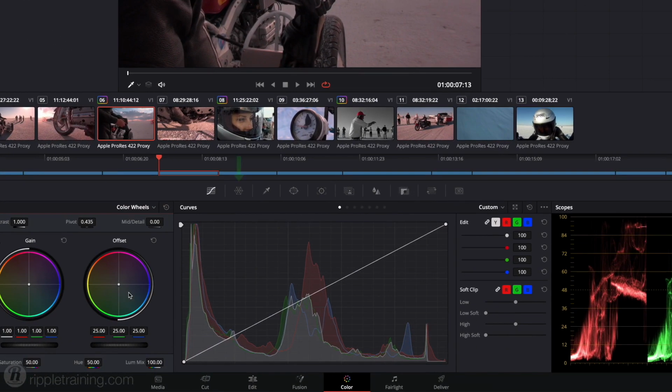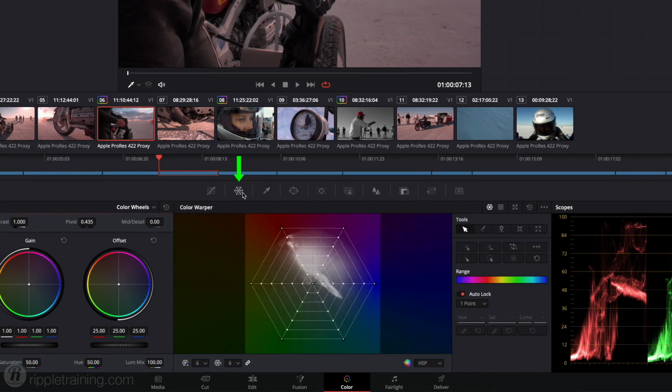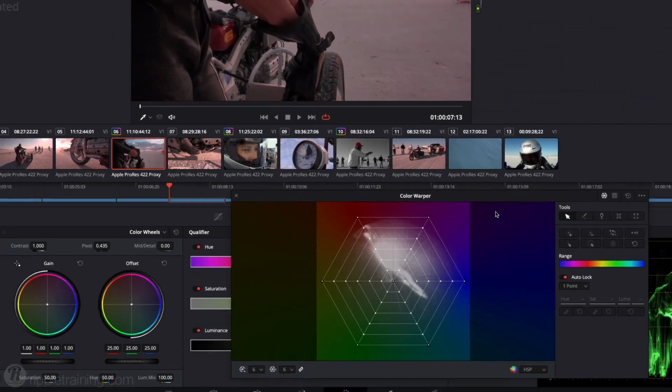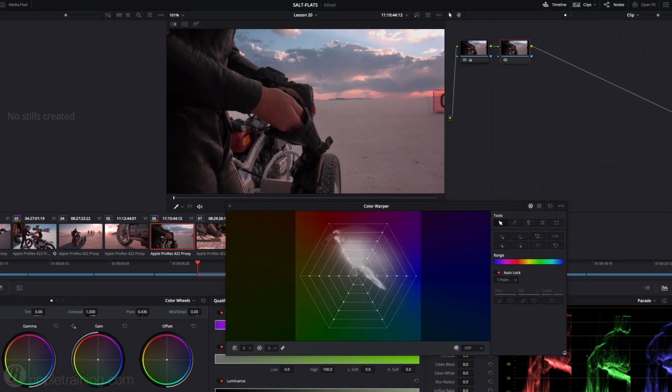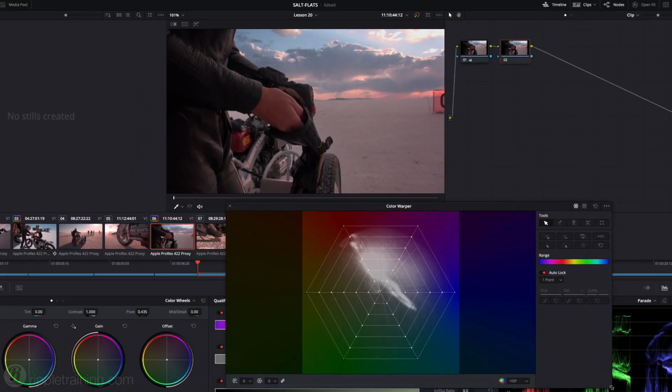In the Tools palette, click the spiderweb-looking icon to bring up the Color Warper. To open it in a floating palette, click this icon, then move it around or resize it as needed. The Color Warper is a mesh-based warping tool that allows you to select colors on a grid, then warp them